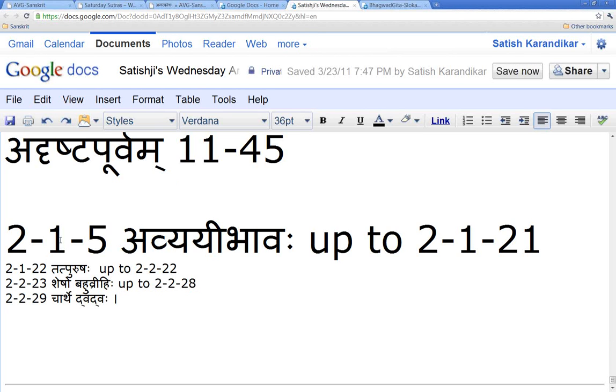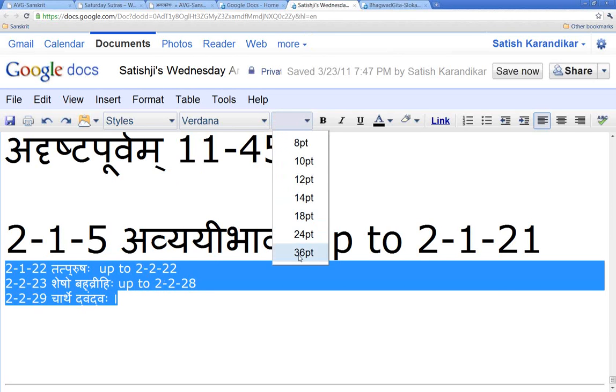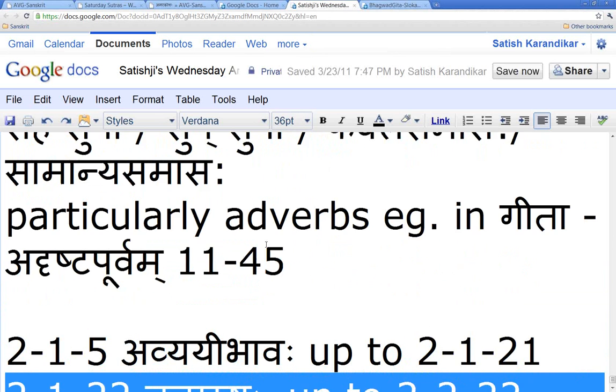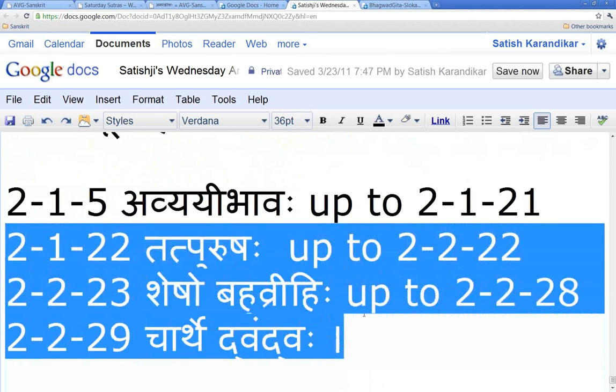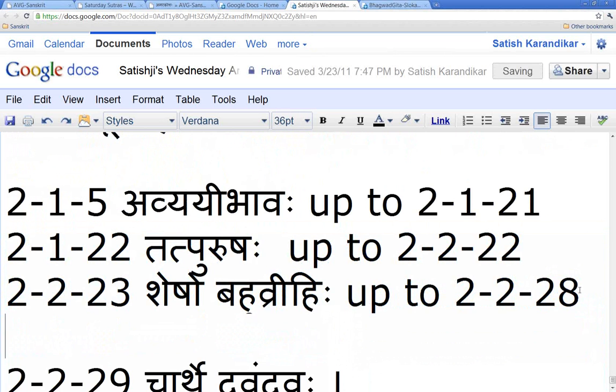So what territory do we have? That's all we're looking at right now, not the details. So okay, Charthe Dvandvaha. Let's go to the book and look at some examples of what she's giving. Now, how do we know what is the characteristic of each one of them? How do we know the characteristic of each one of them? And that's what she's giving.